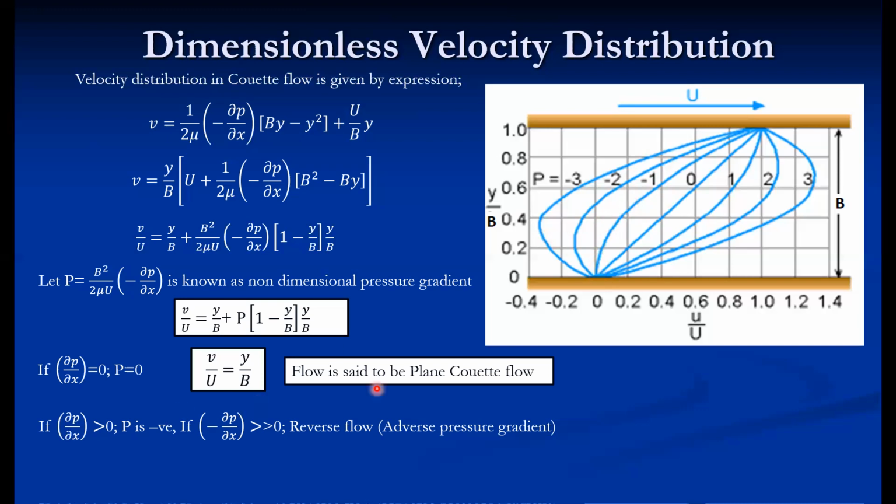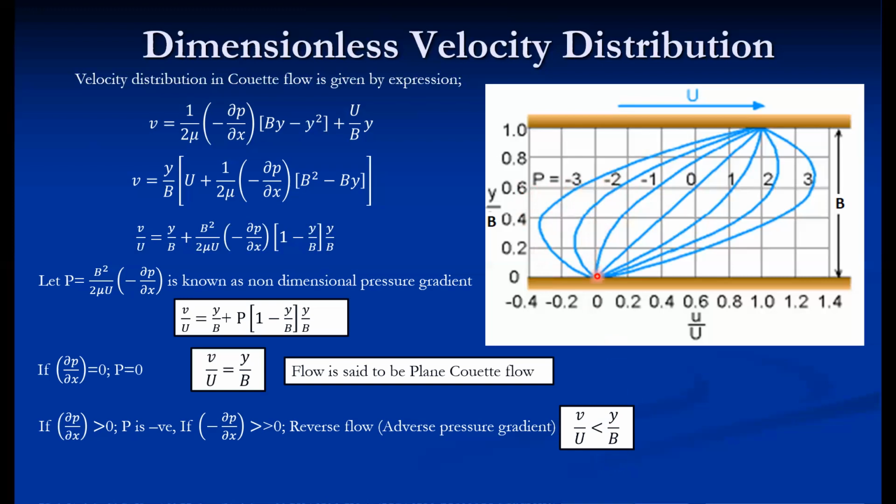So this is the second case, and that possibility is there when the plate velocity is much greater than this velocity. In that case, there is a possibility of reversal flow as well, because V by U is less than y by b. So if this particular term increases and this term becomes negative, then especially in these two cases, and only for these values, up to 0.6, we can say here is a zone where there is a possibility of reversal.